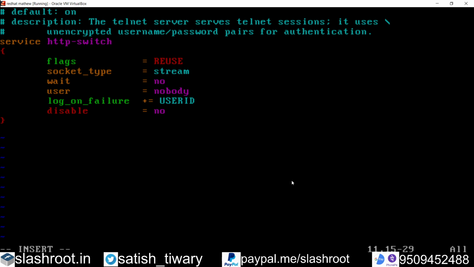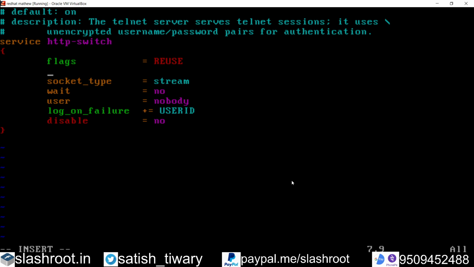Flags already there. Okay, we missed the type, so after flags we will type type. Don't forget this one, type is equal to UNLISTED. Okay, we have type, we have socket type, everything is okay.